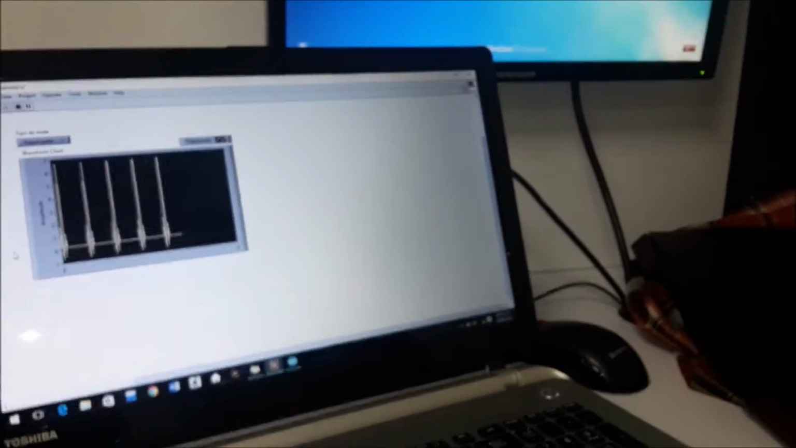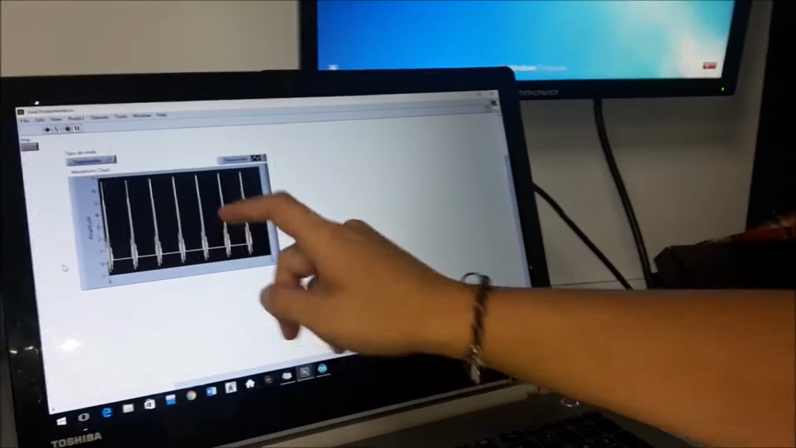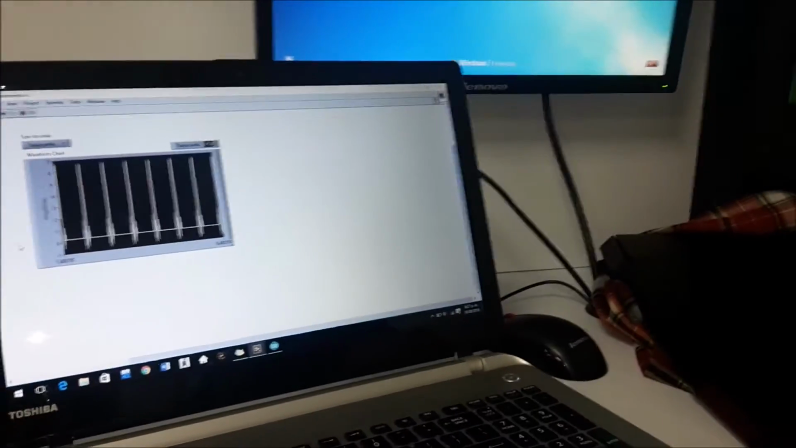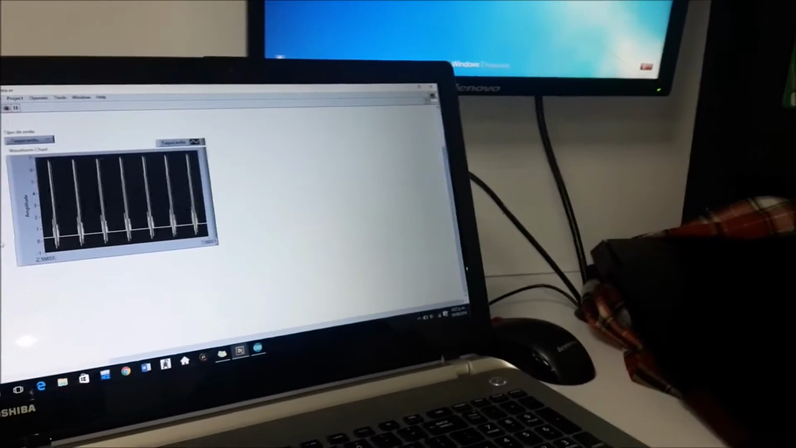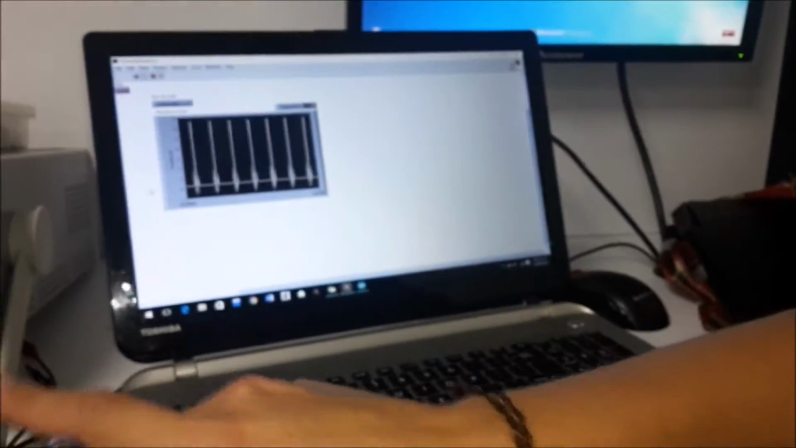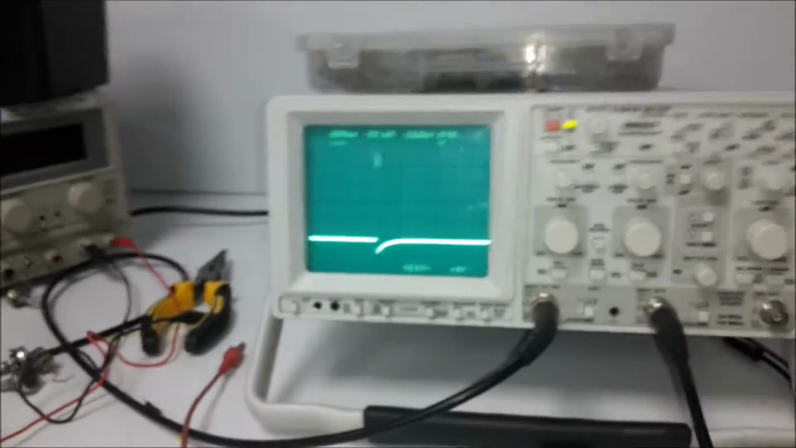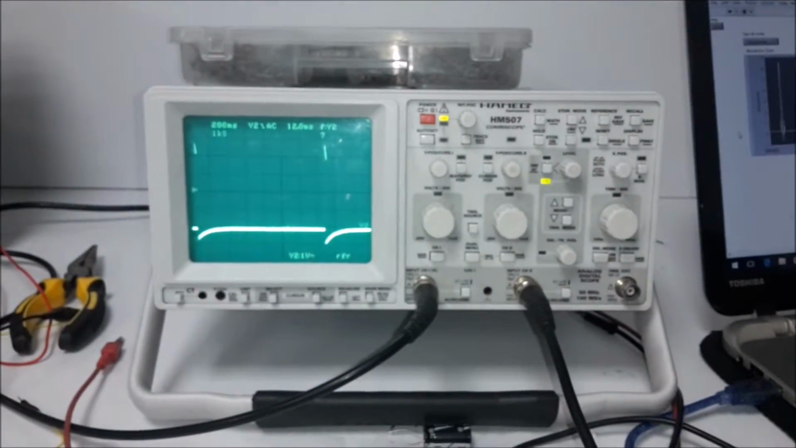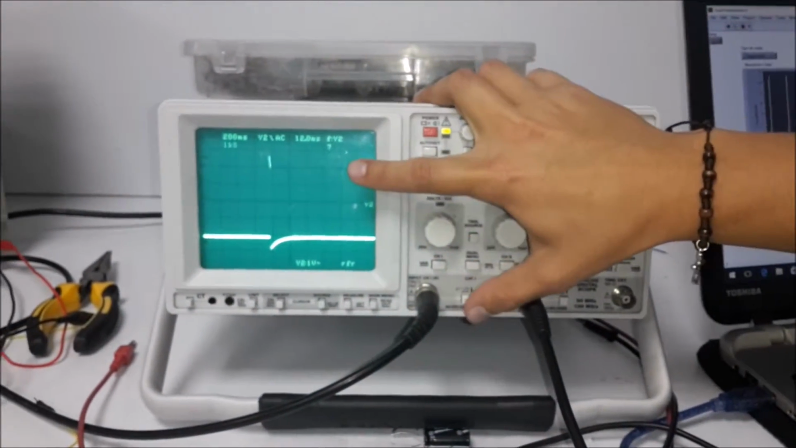About the frequency, we can say that in the tachycardia we have a frequency of 145 RPMs per minute, and in the oscilloscope we can see that the pacemaker makes its shot or its discharge with a frequency of